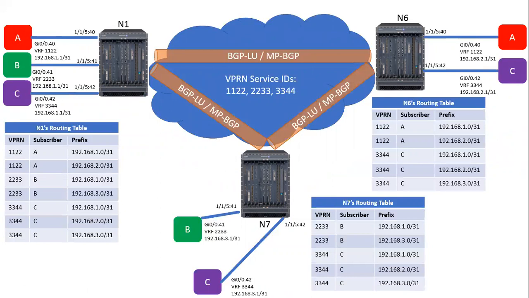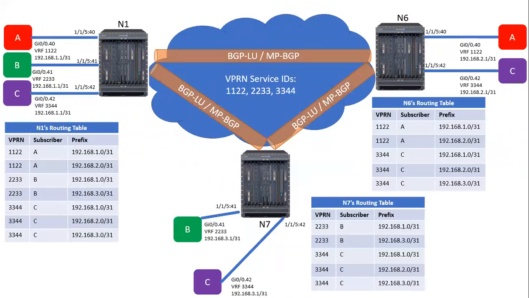All right, and this is the one that everyone's probably the most familiar with, which is your VPRN, or Virtual Private Routed Network, or your Layer 3 VPN. This is sort of like the bread and butter of IP service deployment. But